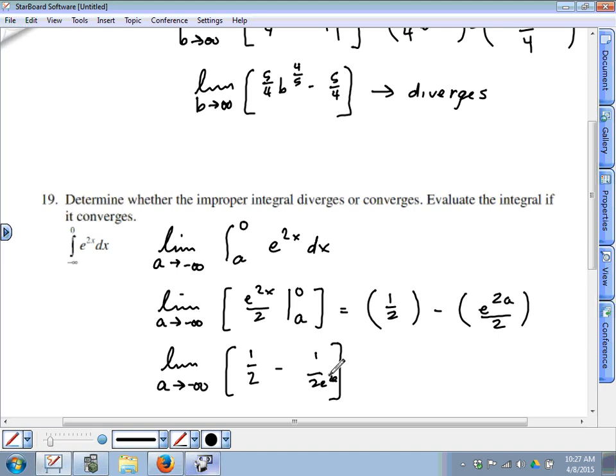Now, since we've dropped down to the denominator, the exponent becomes positive, and the exponent is increasing. So that means the denominator is increasing without bound, but the numerator stays 1. 1 over a very, very large, increasingly larger number approaches 0. So the limit converges, or the improper integral converges to